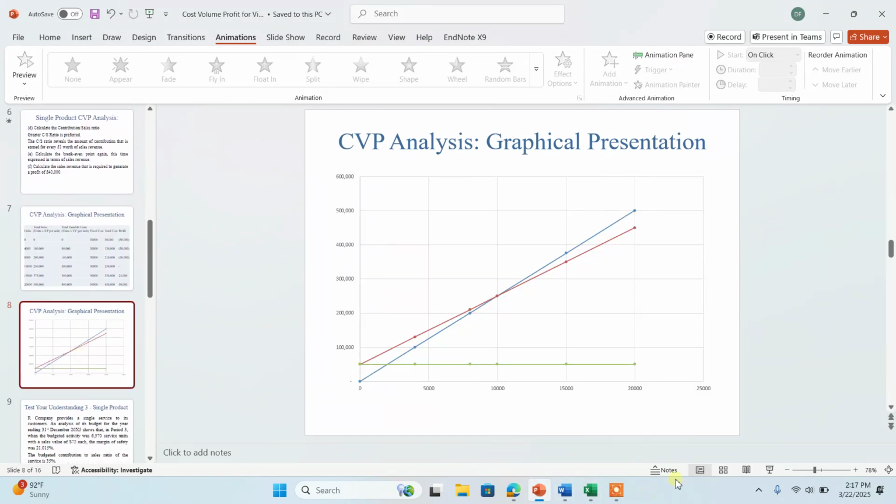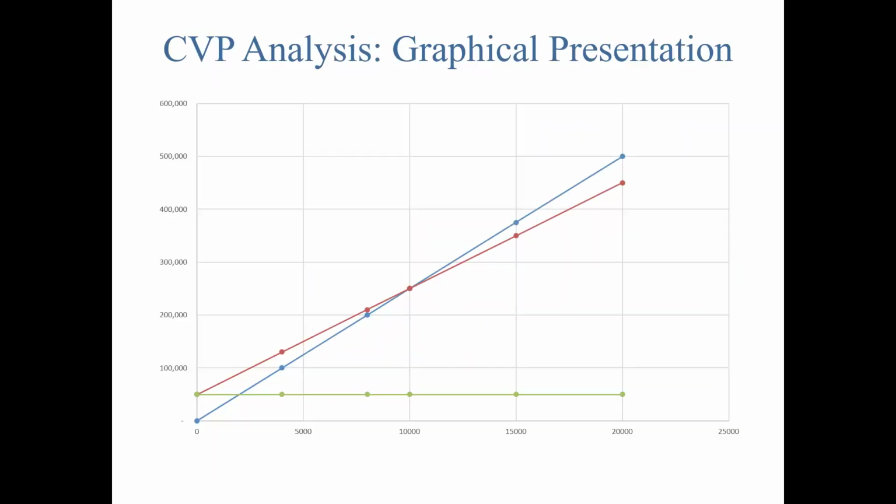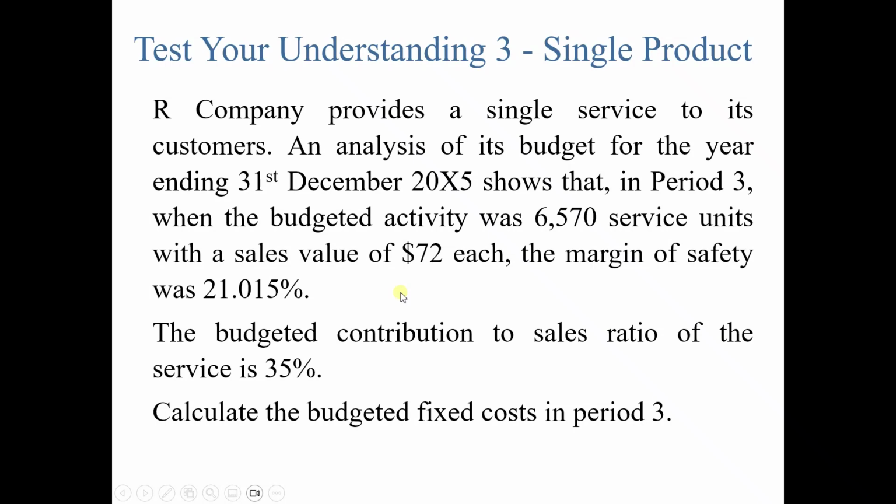Okay, this is a graphical presentation of the same question. You can see 10,000. The green line shows the fixed cost. Okay, you may receive a question like this, that a company provides a single service to its customer, meaning the